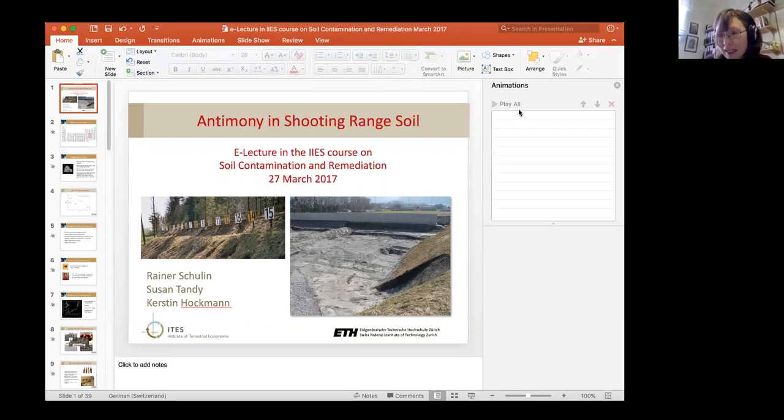That was an excellent presentation, taking us through all the different aspects of your research on antimony and all the different types of experiments. The first thing I wanted to ask you about was when you find manganese oxides being important. You showed us the evidence of the association between the antimony and the manganese in your soil profiles. Do we know how this interaction comes about? You have a negatively charged antimonate interacting with a manganese oxide surface. Do we know the mechanism of that interaction at the current time?